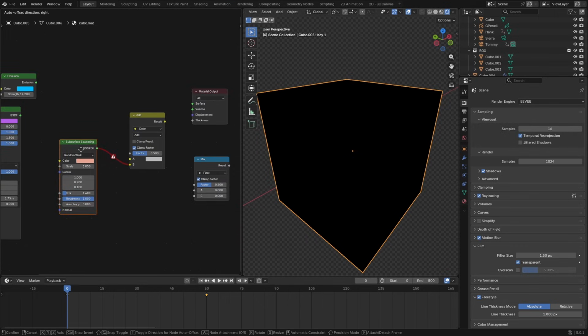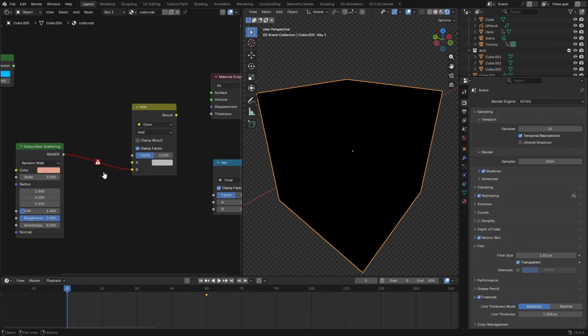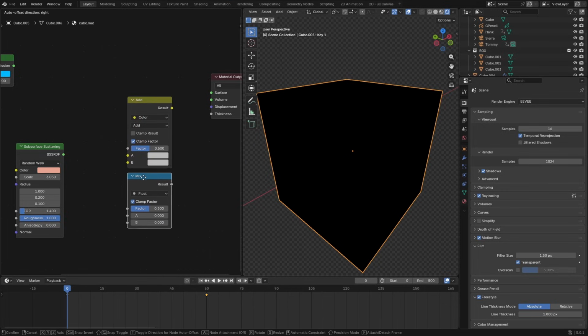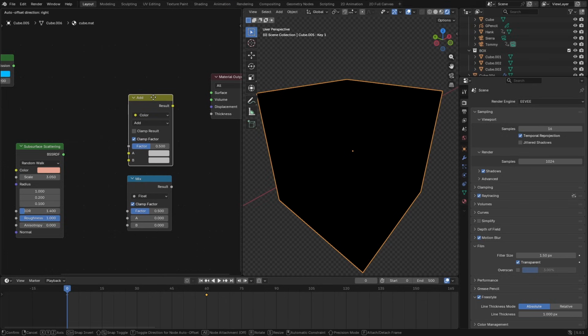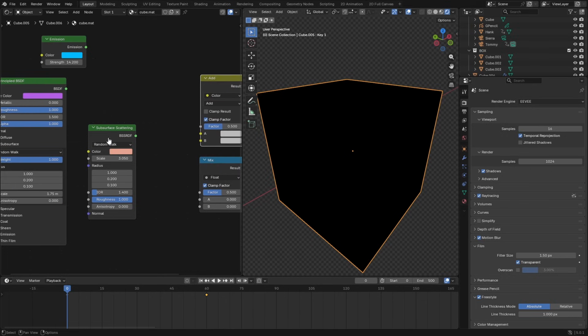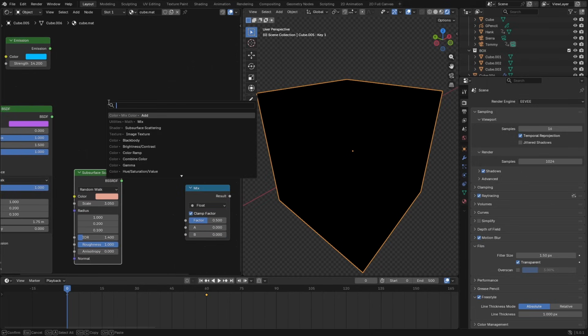If you don't know how to mix things together, it won't just tell you that it's going to work, but it doesn't. It shows this little red triangle, this actually white triangle with the red on it, so you know that you can't do that. So again, these are all for different things here. This one mixes values, this one mixes different colors and different things, but again, these are like shader nodes, and you can't mix shader nodes like that. So you'd actually have to add in a